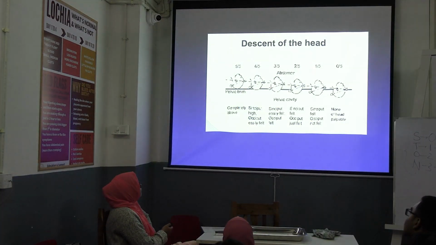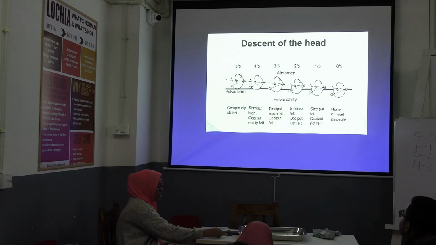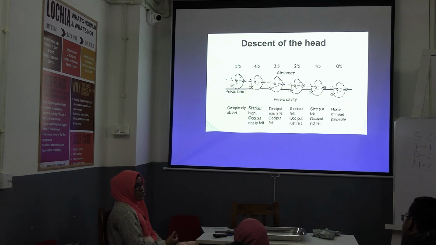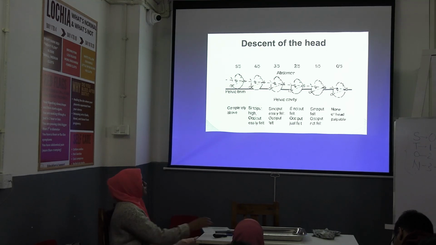But this is written as fifths of finger. When we normally see a patient in the labor room, we can also do PV examination to see the dilatation of the cervix and the station of the head. For PV examination, station is written as 0, that is the ischial spine, -1 is 1 centimeter above the ischial spine, -2 is 2 centimeters above, and 1 centimeter below the ischial spine is +1, 2 centimeters below is +2. Okay, +2 is good, it is reaching the perineum, and after +2 is the crowning.